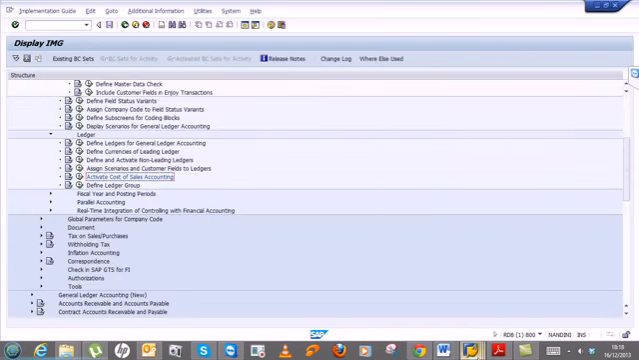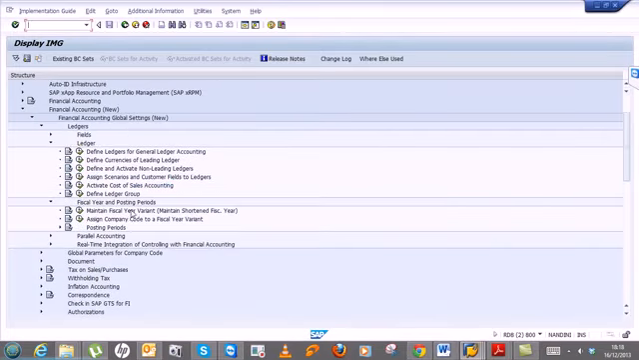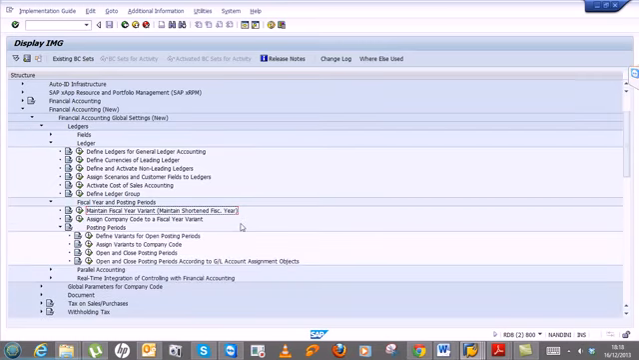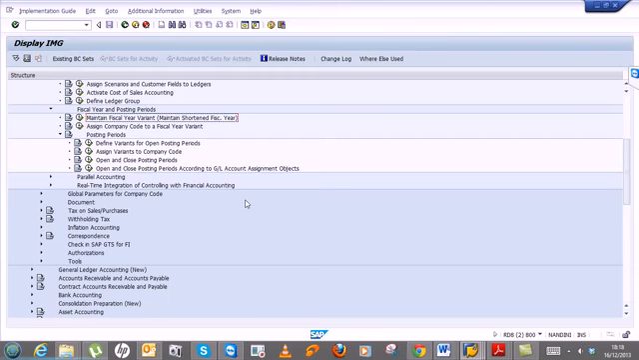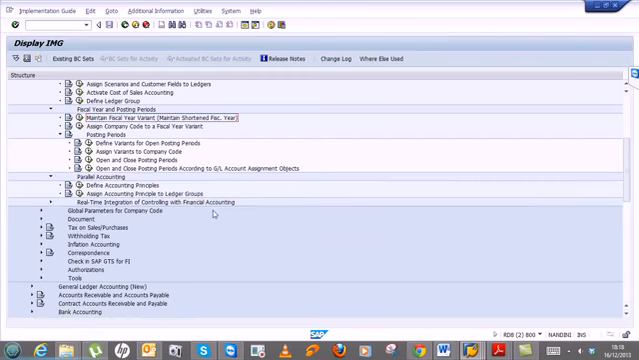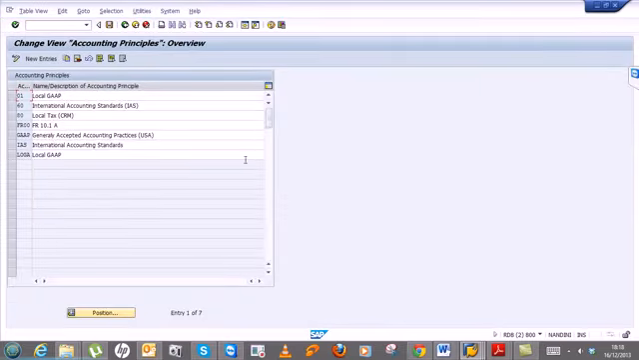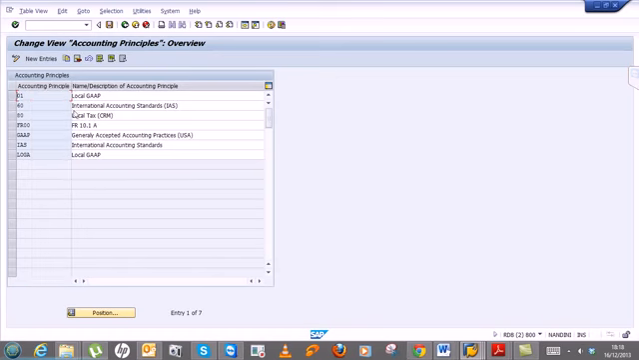Okay, so fiscal year and posting periods will be the same as you have the options in the classic general ledger. You don't need to change them. Okay, parallel accounting: if you click on this button, define accounting principles, and execute this,